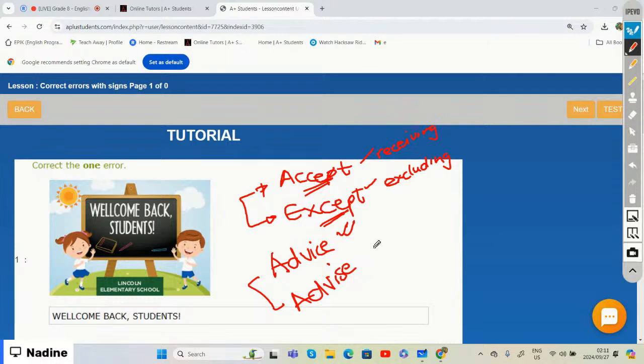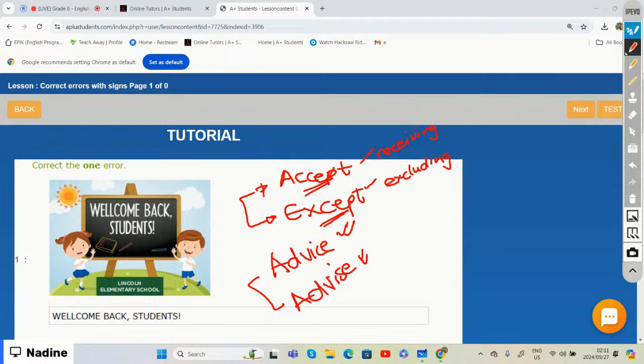But then we have the other word, advise with an S. And this word advise with an S, it's where you're offering advice to someone. It's like a verb. I advised her to stay away from whoever,